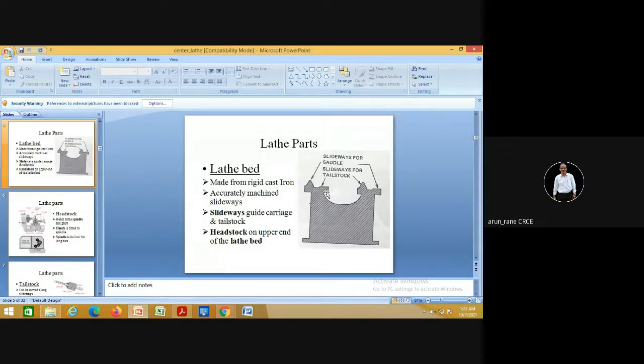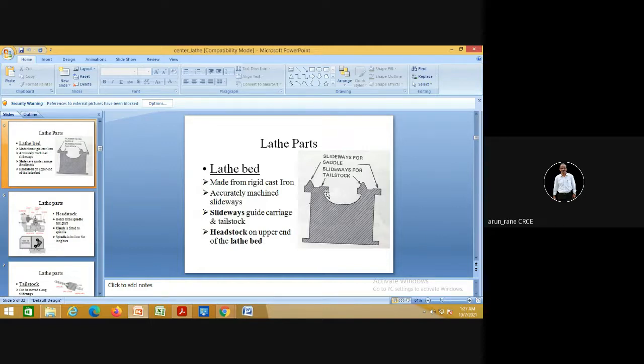It should be strong enough. It should be able to take the vibrations, and there should not be any friction while the carriage and tailstock are moved. So that's why they are ground and lapped.